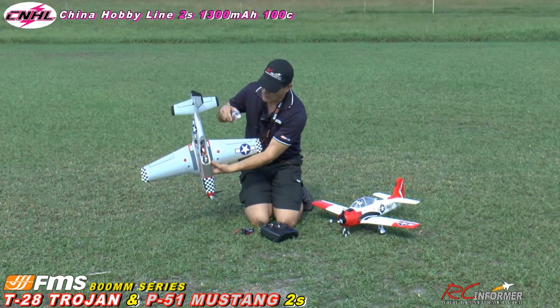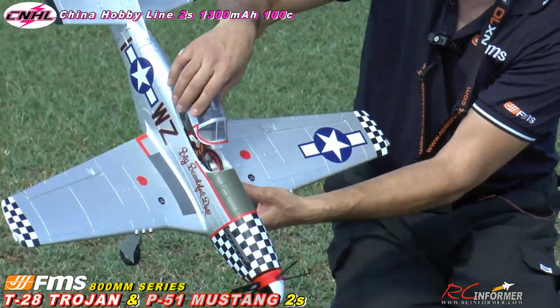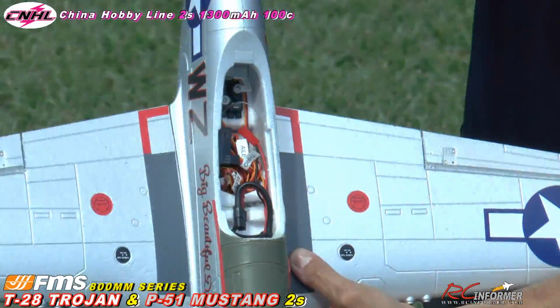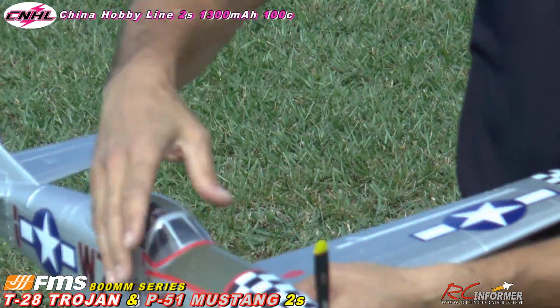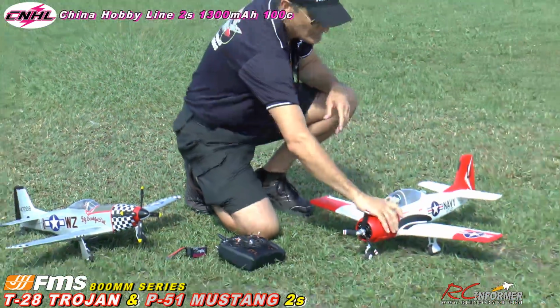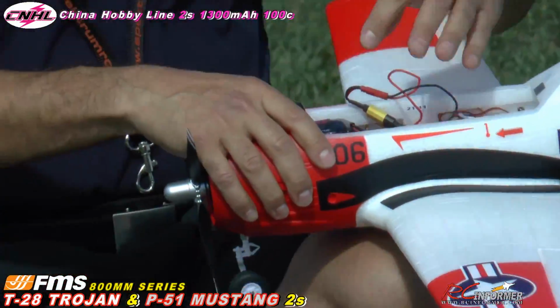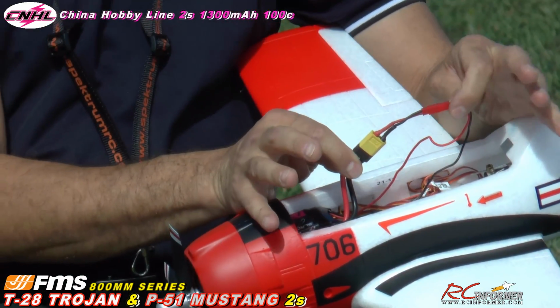So I have the P-51 battery all the way up front. And you can see, I don't know if you can get in on that, Steve. Yep. It's way down buried in there, but you want to shove it all the way forward because you want a good forward CG on these airplanes. And then with the T-28, I've got it all the way up front. One thing I did have to do, Steve, let me know that you can zoom in on this for everybody,